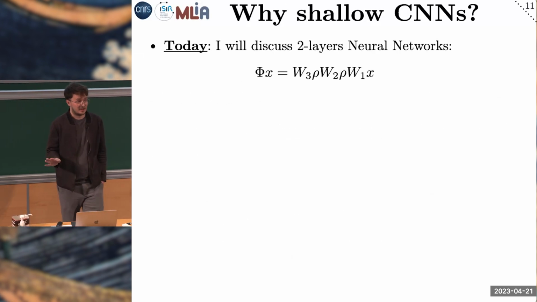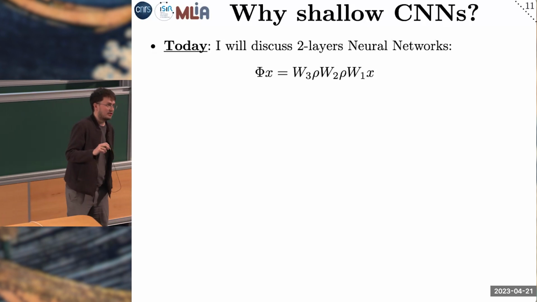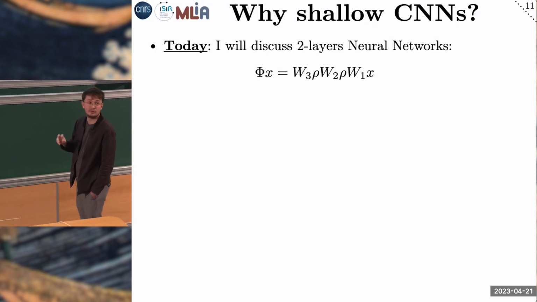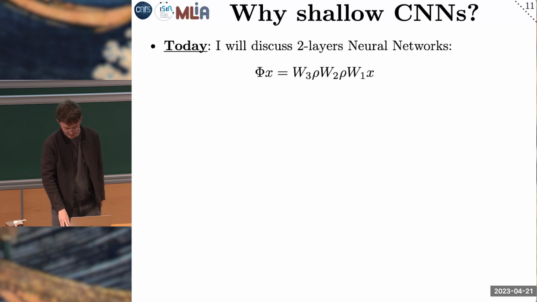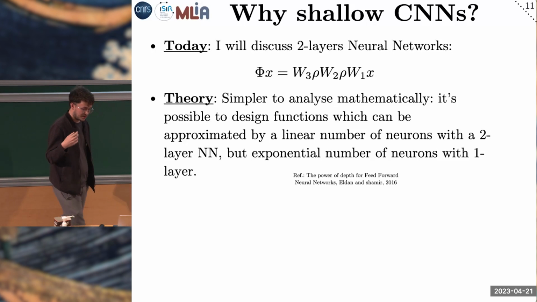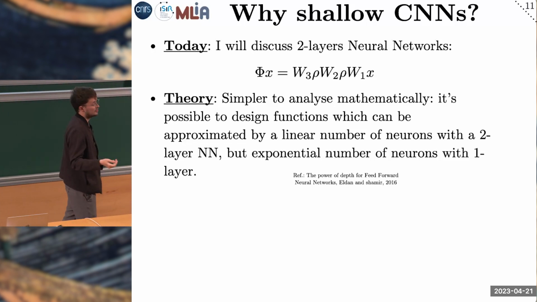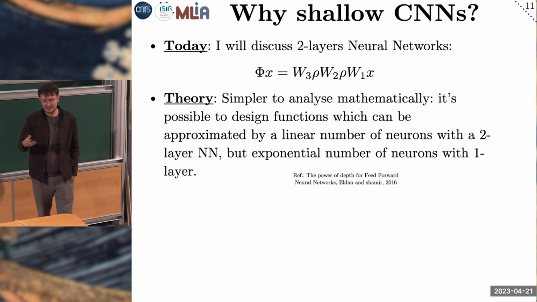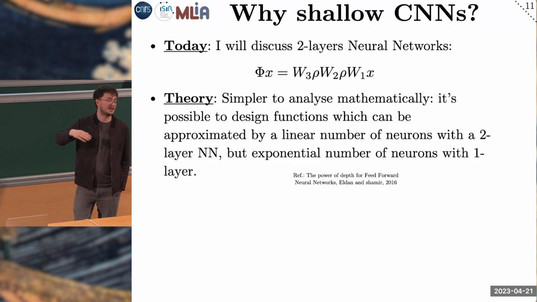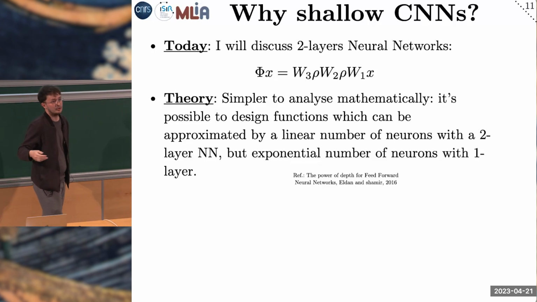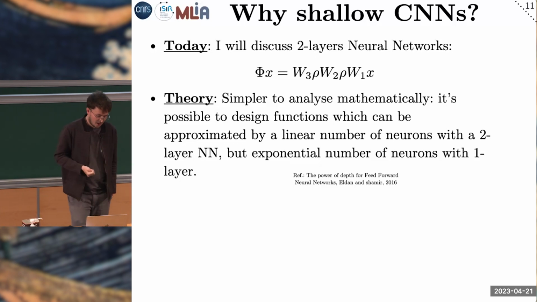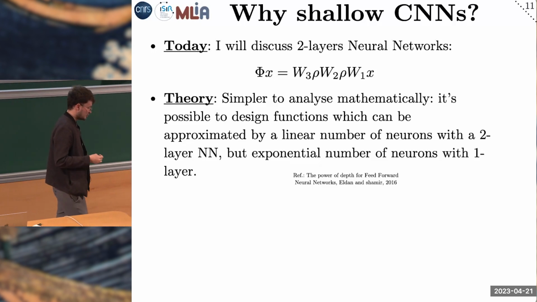So why shallow CNN? Just to be clear, when I mean 2-layer neural network, I mean two hidden states, pardon. So two non-linearities, basically. There are a couple of reasons to consider this kind of architecture. For example, from a theoretical point of view, they are simpler to analyze because there are fewer layers, and you know that depth is something that makes it tricky to analyze, because maybe at the first layer you have access to the topology of the signal, which means that you can read directly the weight of the filters, and for example, having a nice structure on the first layer is something that is expected. So you want to focus on shallow neural networks.